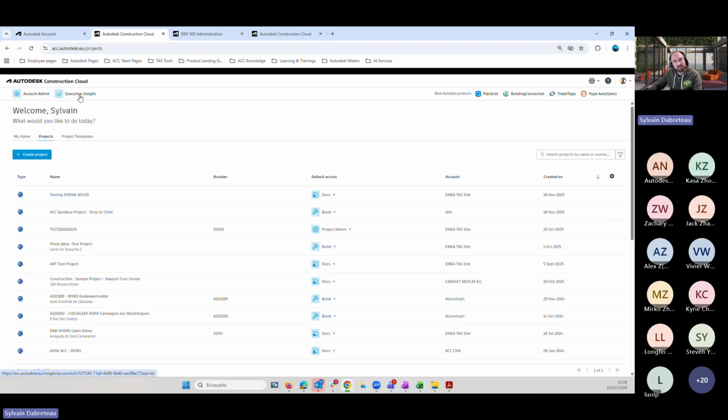If you have access to KPIs, Kaza, are you the project manager? No? Yeah, I'm PM assistant. Okay. But do you have the project administration as well on this project? No. Okay. So executive insight here is where you have access to KPIs, and this access would be given through account administration. They decide if you have executive insight. If you have it, you would see executive insight. If you don't have it, you don't see it.